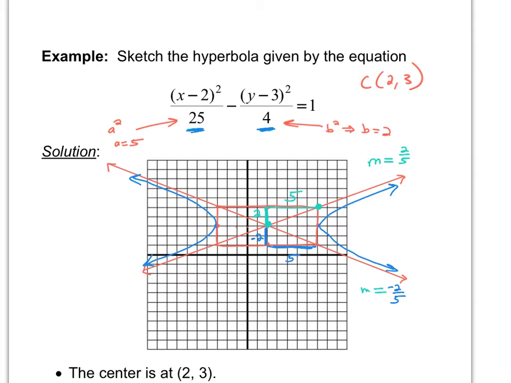If I need to find the coordinates of the two foci, then as we have talked about before, when you're finding the foci distances, you are going to find the sum of these, and that's going to be c squared. So for this particular problem, I've got c squared equals 25 plus 4. So c squared is 29, which means my distance is the square root of 29, which is somewhere between 5